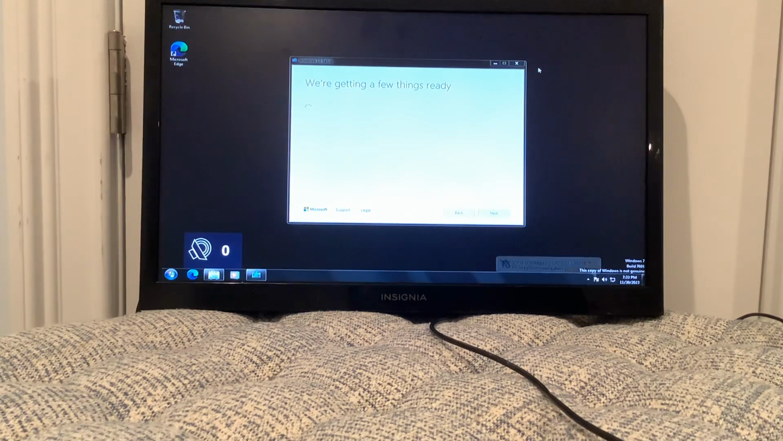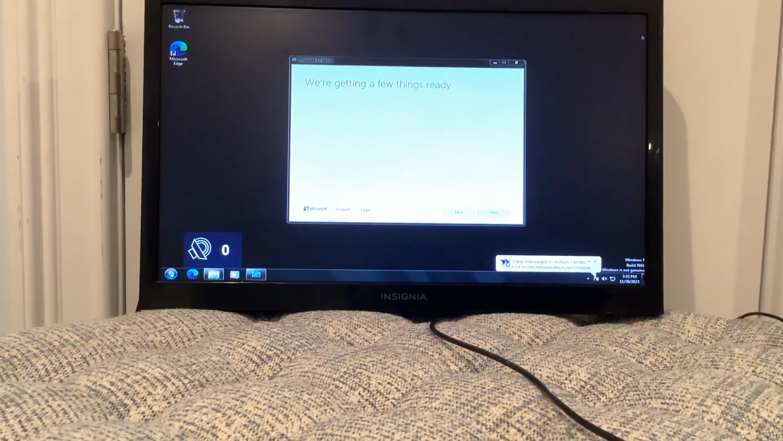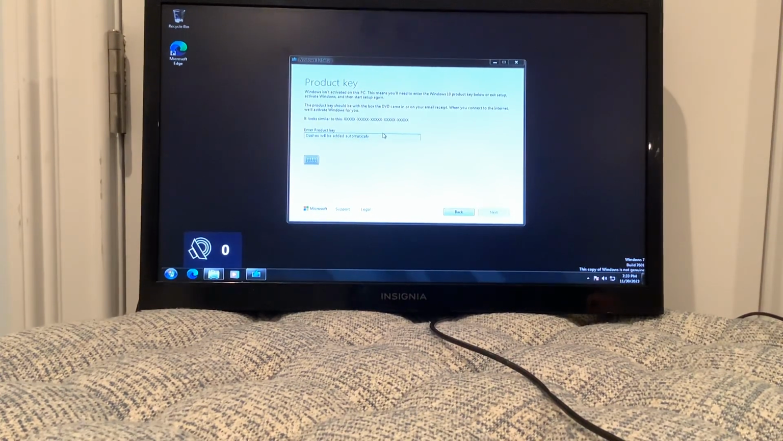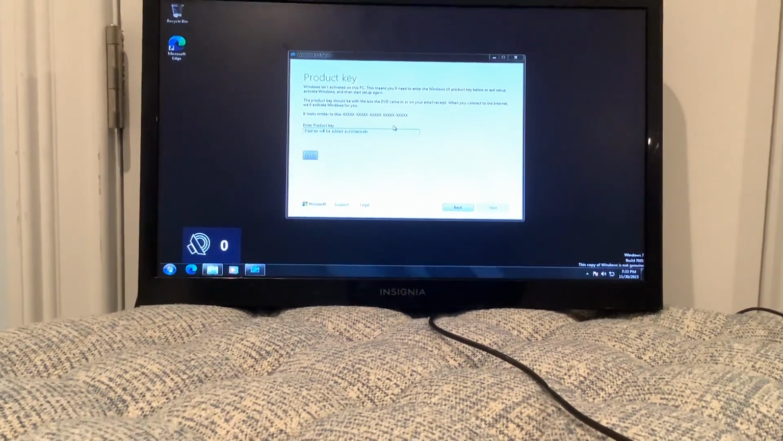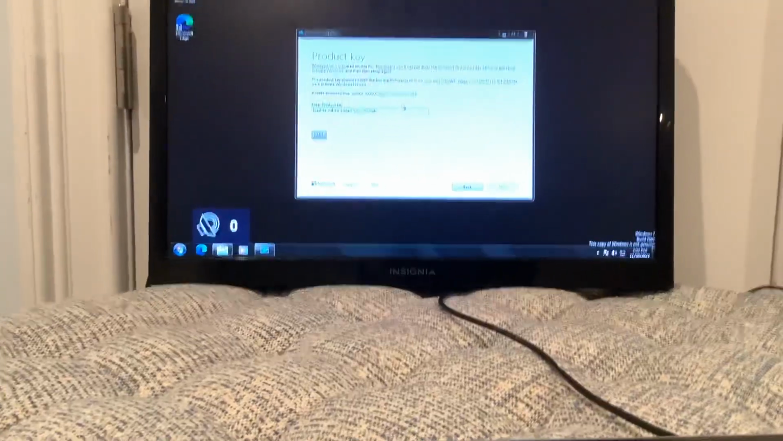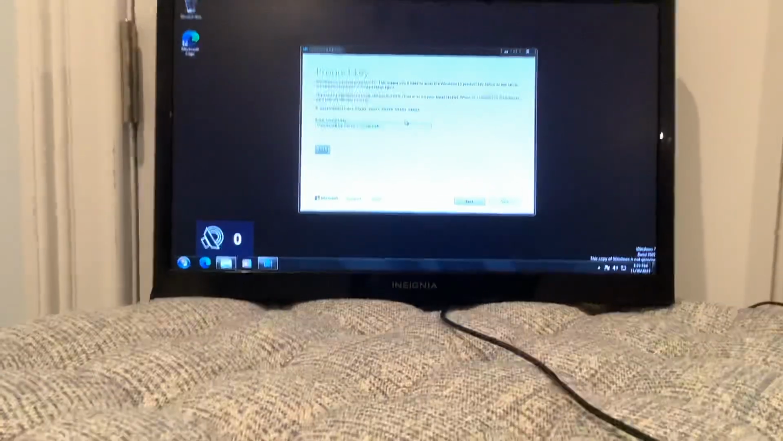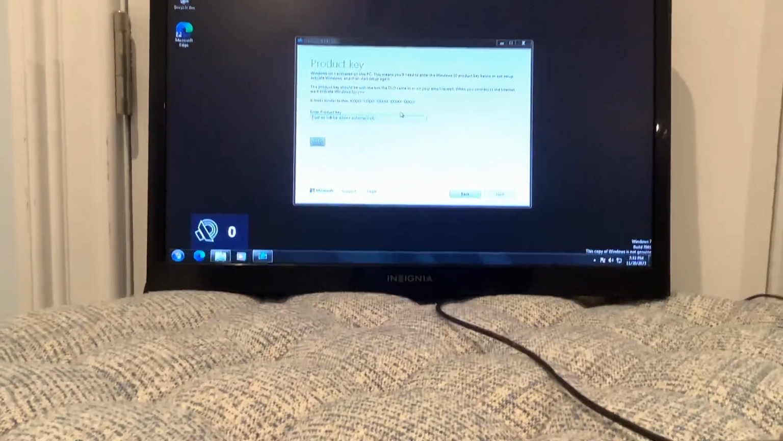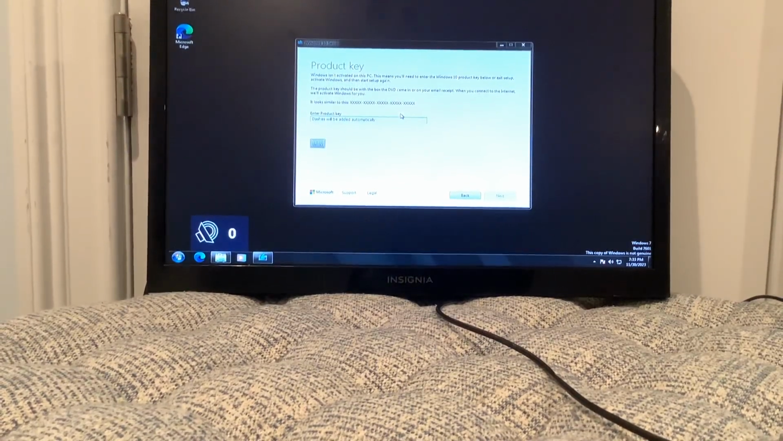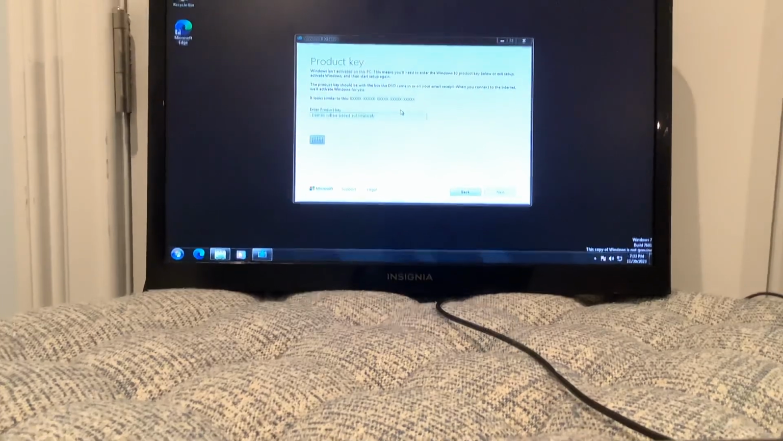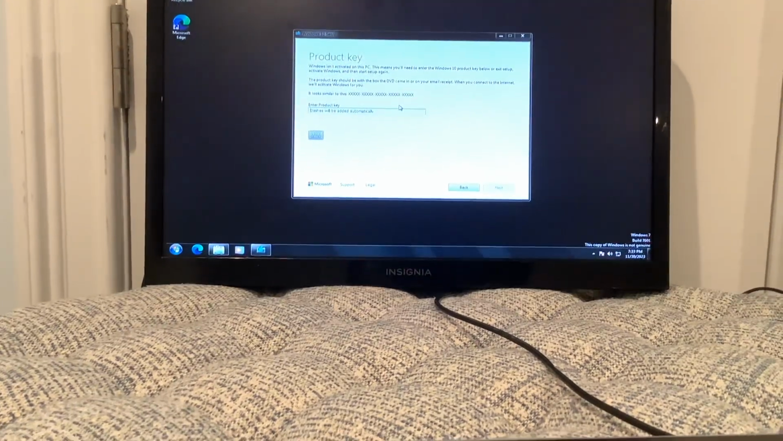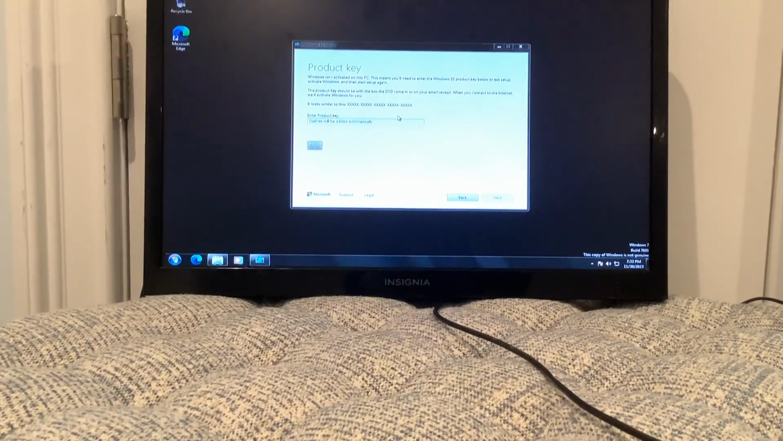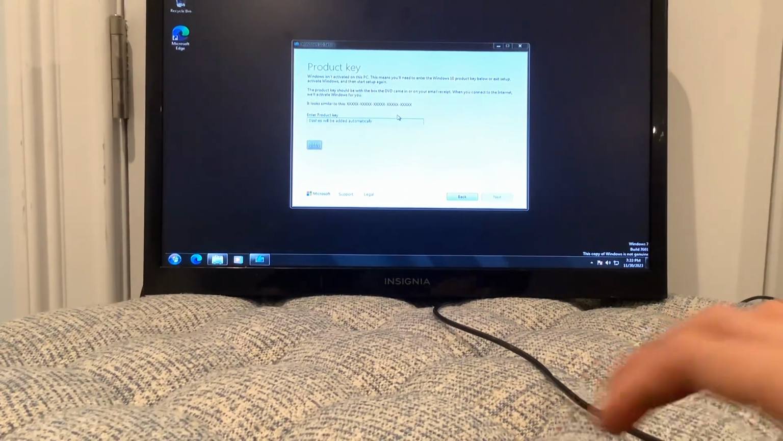Now we are getting a few things ready. Now, let me just close this out. Oh, so now it's asking for a product key. So right here while I'm videoing, I'm going to pull up a product key. Now, if you look at the product key that I'm entering, I'm kind of giving you a free product key. If you watch it, you may be able to snag it. But Windows should automatically link. So we're going to enter